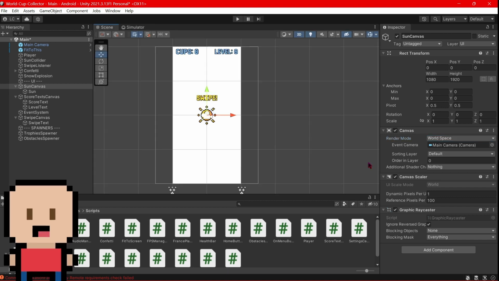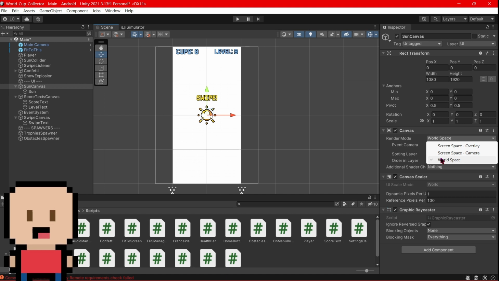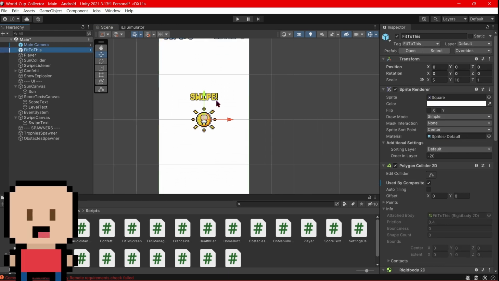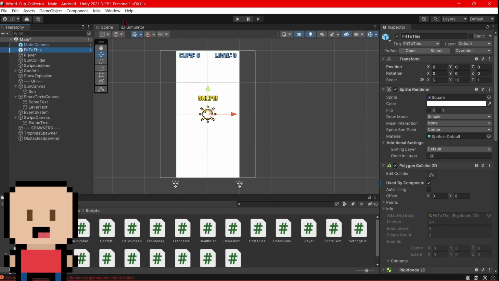I am not an expert of UI elements, I'm not an expert of literally anything, but I read the documentation for a long time, figuring out which option would be better for the type of game I'm making. And after trying these three options, I came to the conclusion that world space is the best option for this type of game, because if I didn't use this fit to this game object and I just used